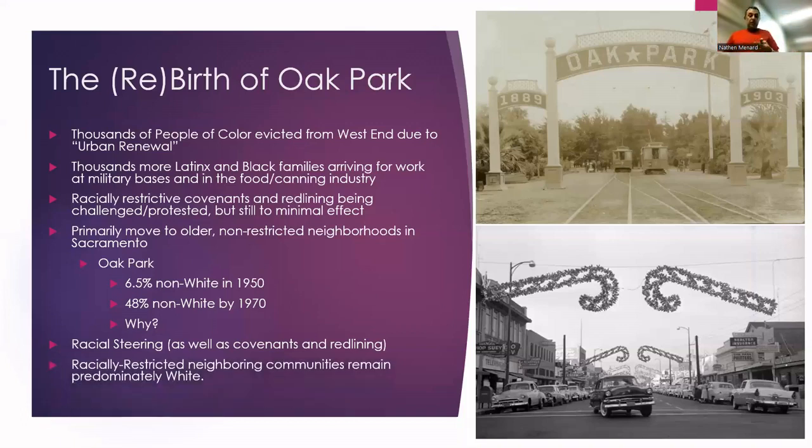So racially restricted neighborhoods remained predominantly white, and racially restrictive covenants ended up showing up in other places in Sacramento until they were eventually outlawed, to maintain the old status quo. Now you had West Park as the place where Black people, Latino people, and families of color go, and we're going to racially restrict them from the newer areas being rebuilt, including the old neighborhood they used to live in, the West End. The West End also became racially exclusive to a great degree as a result of these shifts and changes. So redlining and blockbusting were very much working hand in hand to create this manipulation or shift to the advantage of white families, and once again to the advantage of Black